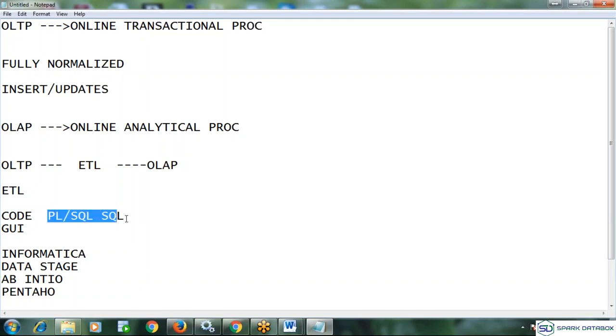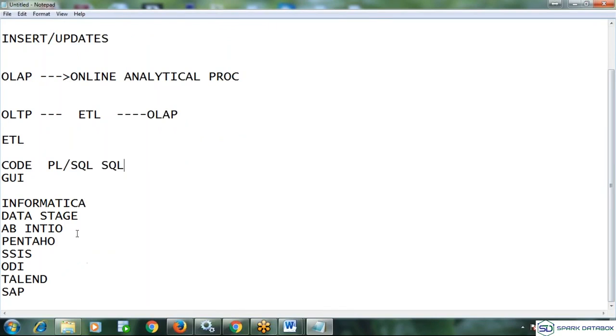So to avoid that, people always want to go with easier things, so they built GUI based ETL tools. Whatever I can do in PL/SQL or SQL programming, I can do the same with GUI based tools. Here Informatica has become the market leader. The reason is the services it provides: it can interact with any database system or any flat file. That is the main advantage, and Informatica also supports unstructured data processing, so I can interact with big data too.